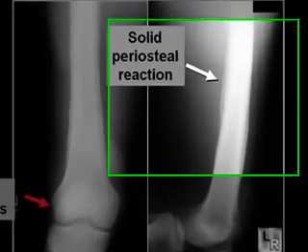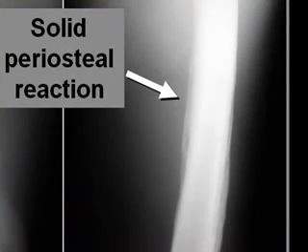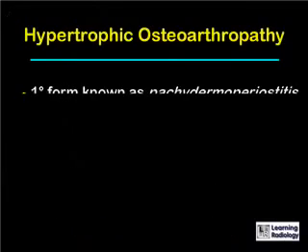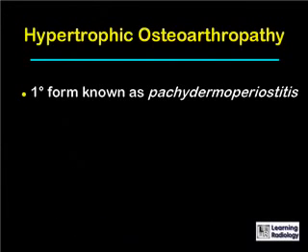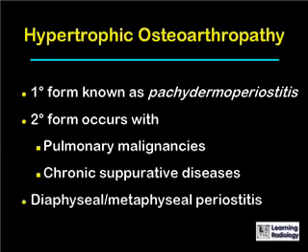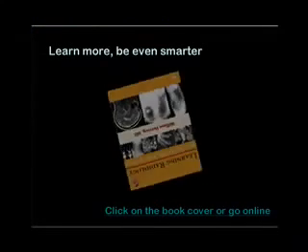There is thick, solid periosteal reaction. You'll notice that the periosteal reaction occurs in the metaphysis and the diaphysis, but spares the epiphysis. Hypertrophic osteoarthropathy in its primary form is known as pachydermoperiostitis and is rare. The secondary form is much more common and occurs usually with pulmonary malignancies, bronchogenic carcinoma, or chronic suppurative diseases, lung abscesses. It usually involves the diaphysis or metaphysis or both, producing a periostitis which leads to thick